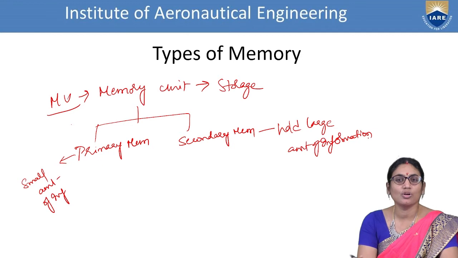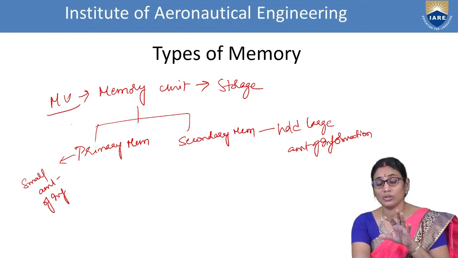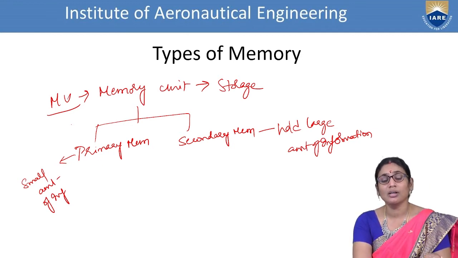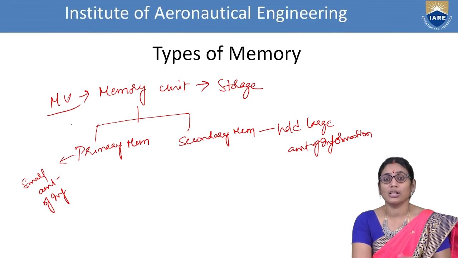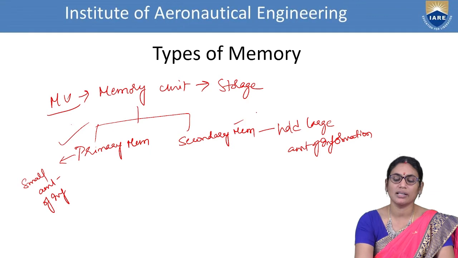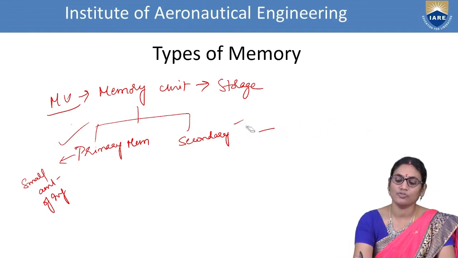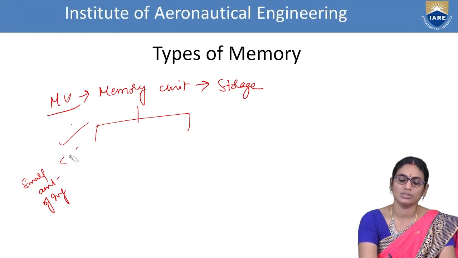So we are saying that it is a storage. So what form of storage? You are concentrating only on bit data, byte data, or whatever form of data, that is not the concern. How long you are storing the data in the memory is the major concern. For this reason, we will be classifying the memory into two types, that is primary memory and secondary memory. We can also classify these in another form and name them with the devices. Let us see what it is.